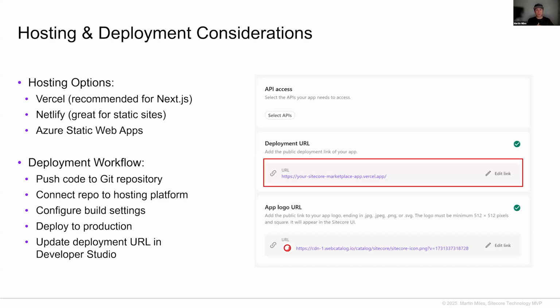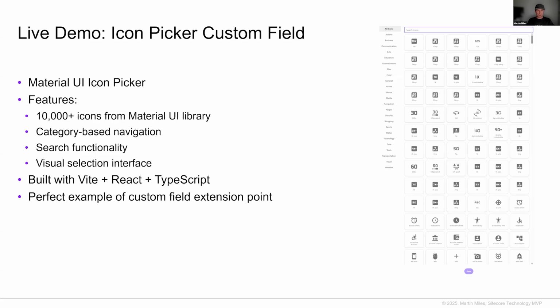Use environment variables for any sensitive data like API keys. Set up monitoring and error tracking so that you know if something goes wrong. Plan for scaling. If your app becomes popular, the platforms I mentioned handle this automatically. Now let's take a look at a live demo of a real world example, which is an icon